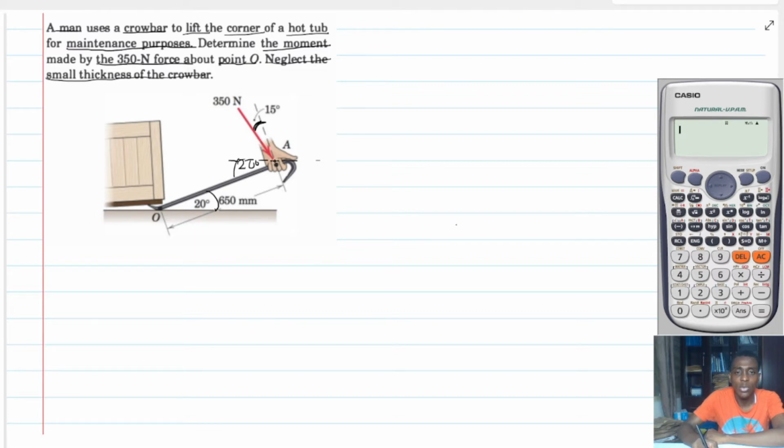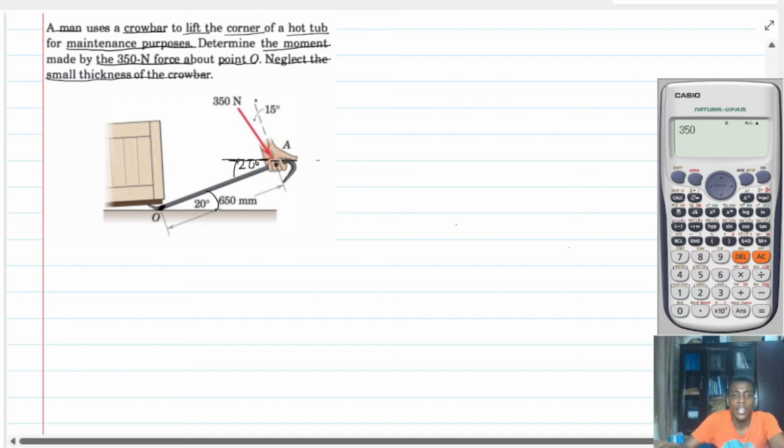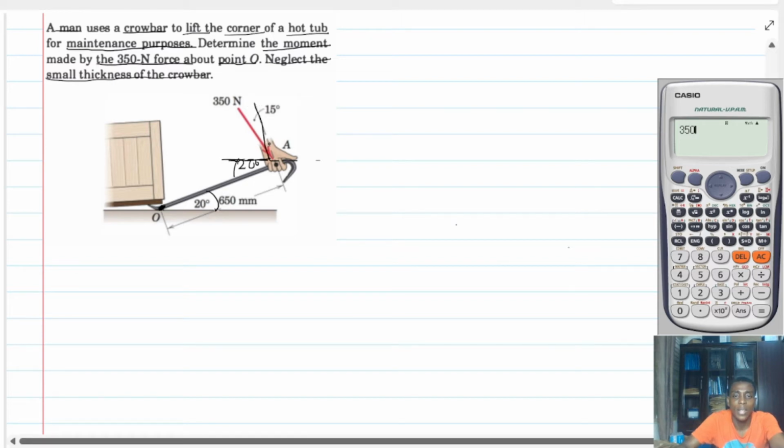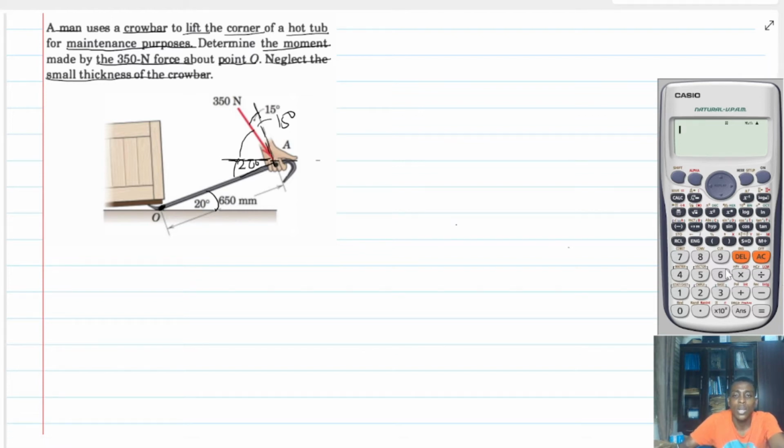So now this is what I will do. And let's not forget that this line here is actually perpendicular to the plane. This line here is perpendicular to the plane. And we know that the angle right here is what? 15. So this small angle is 15 degrees. So what should we add here so that we can get exactly 90 degrees? And that is what? So I'll get 90